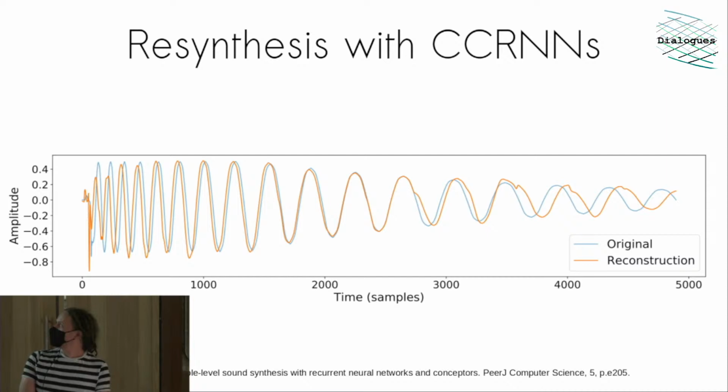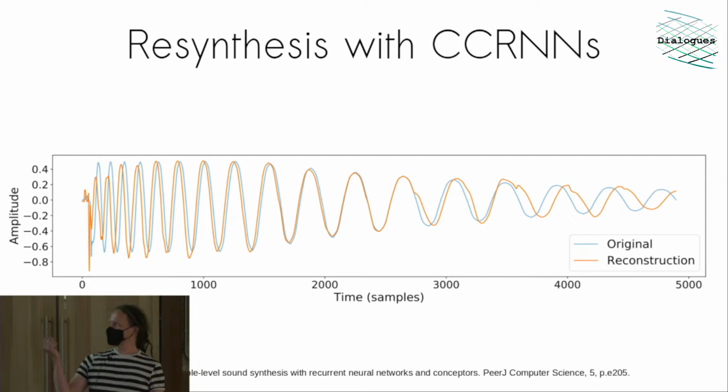So first of all, this is a kind of resynthesis example. You can teach these to recreate a sound, a sampled sound. So for example, this is a waveform of a kick drum and the reconstruction from the network. Once you've trained the system to make a certain sound, then you can start manipulating this network to do different things.